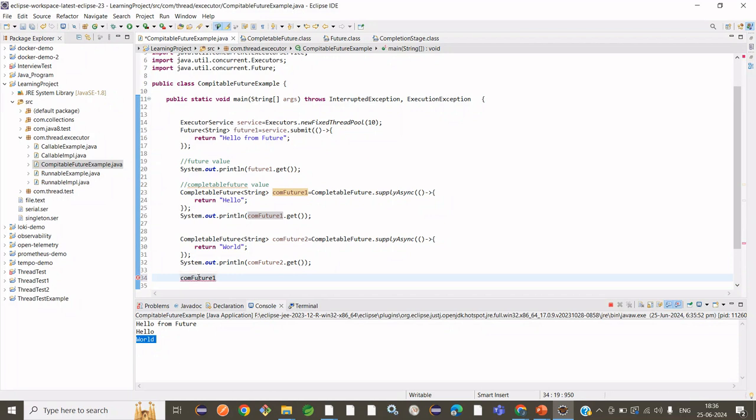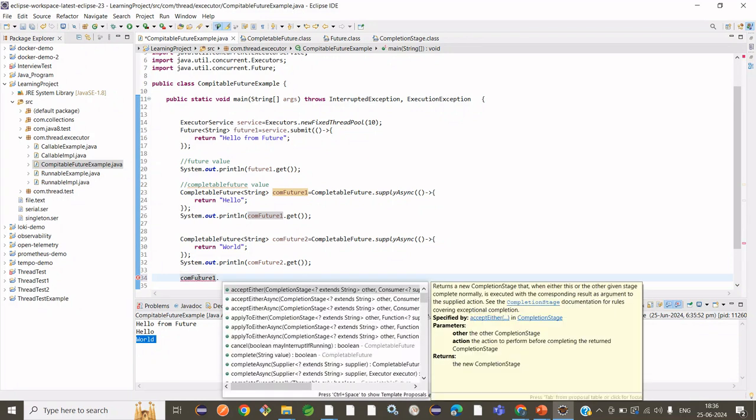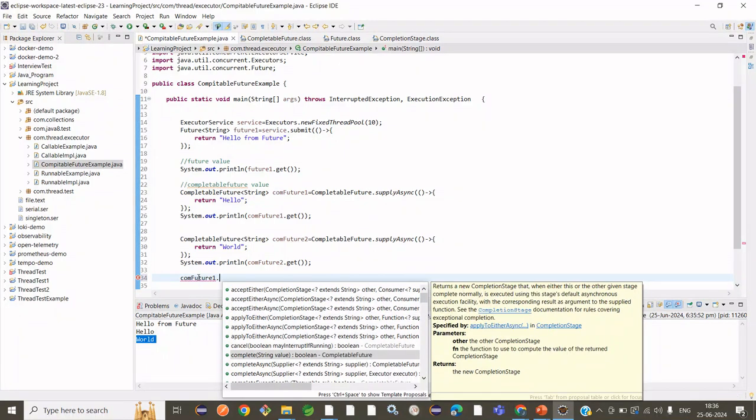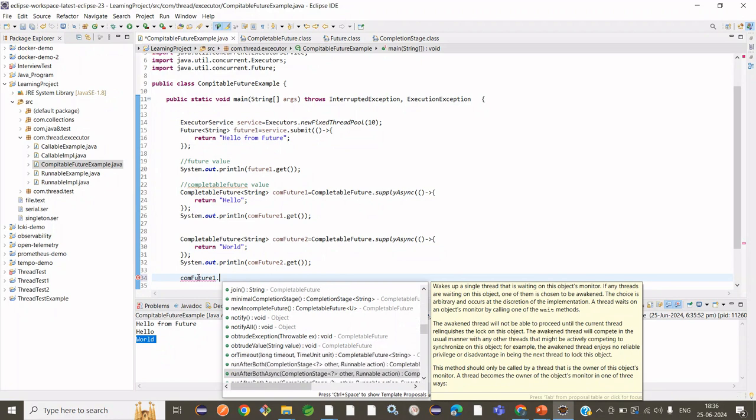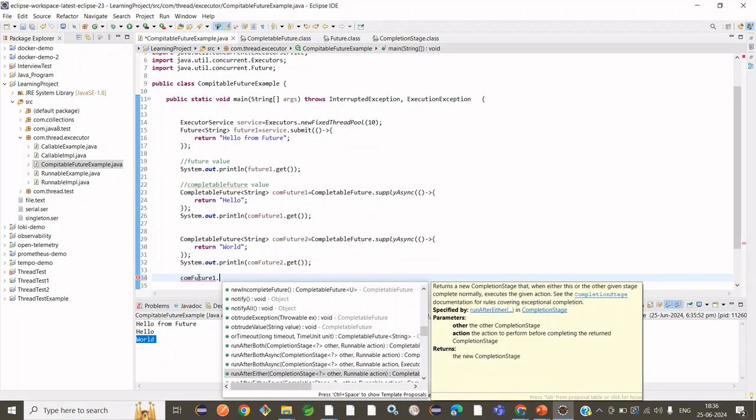So completableFuture1 dot, we have methods like accept, either, apply, cancel, complete. We can see them one by one, but we'll touch only the important methods and you can do some R&D and you will get some idea. So we are going to combine,